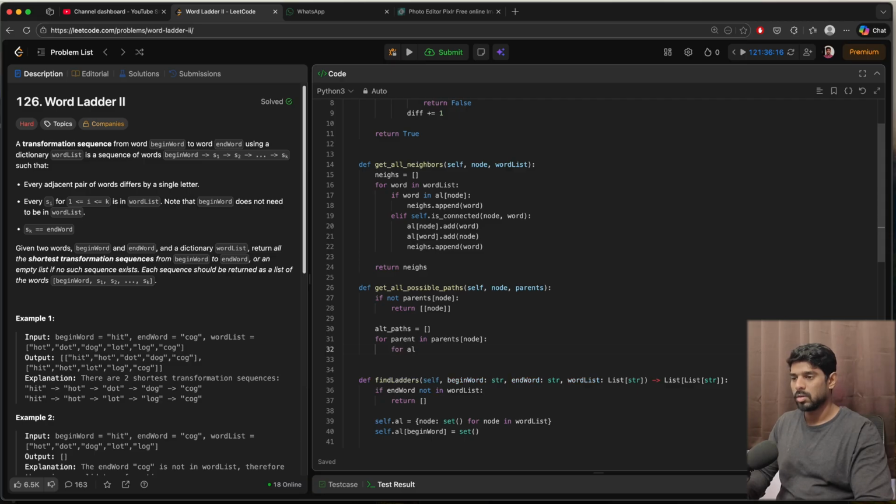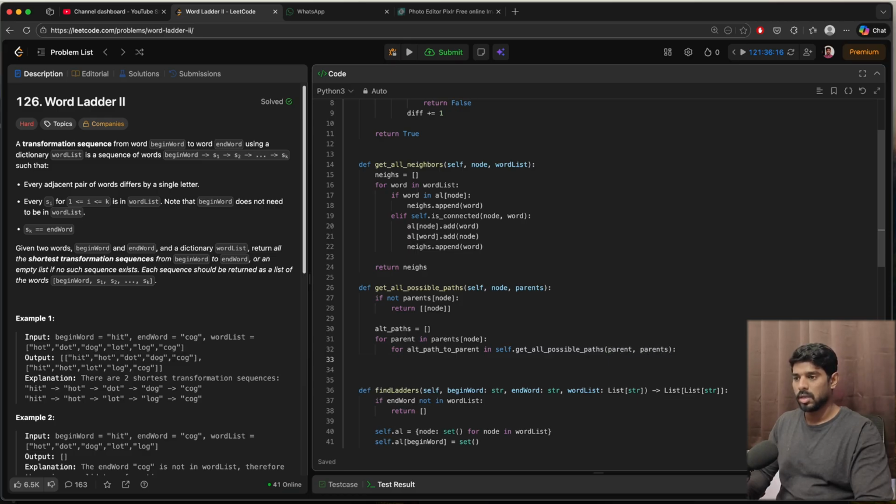For path to parent in self dot get all paths to reach parent, not the current node. So it is going to be parent comma parents, and we will append to alt path the path we currently got for the parent